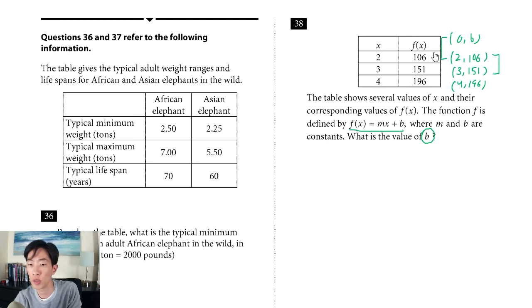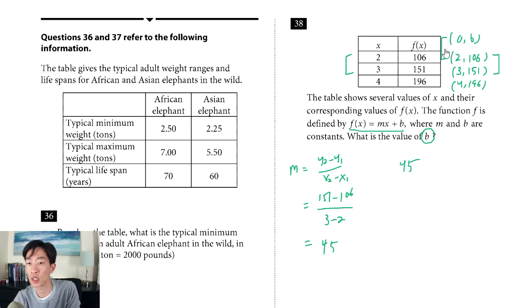So let's find the slope between the first 2 points. We can look at it over here. That's going to be slope equals y2 minus y1 over x2 minus x1. 151 minus 106 divided by 3 minus 2. What you're going to find is that the slope of the line is 45. Now that we know the slope of the line is 45, we're going to plug in these 2 points, (0, b) and (2, 106). So 45, same thing,